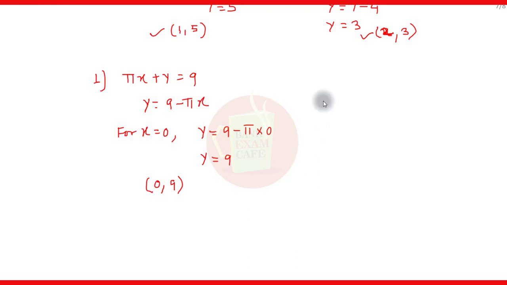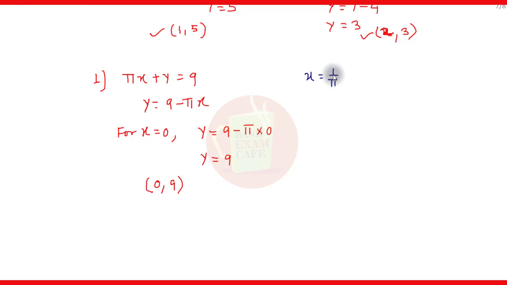Now we will find the second set of solution. So first we will assume the value of x as 1 upon pi. Let the value of x be 1 upon pi. Why are we taking the value of x as 1 upon pi? We can take any number, 2, 3, minus 1, but here it will be easier for the calculations because pi and pi will get cancelled.